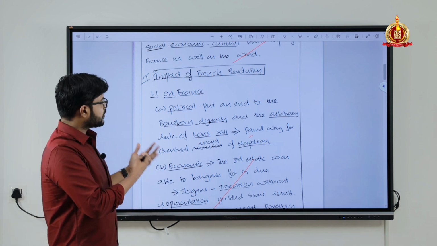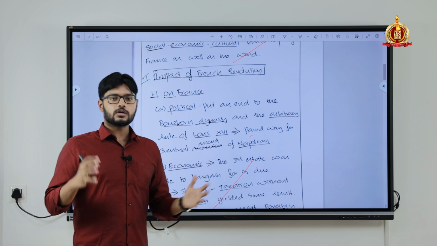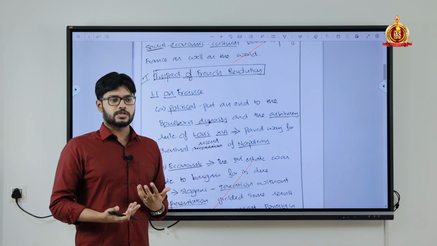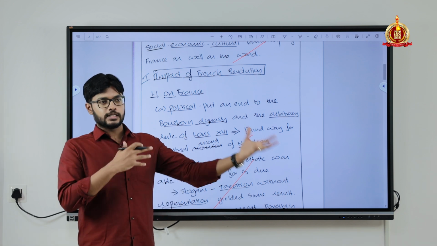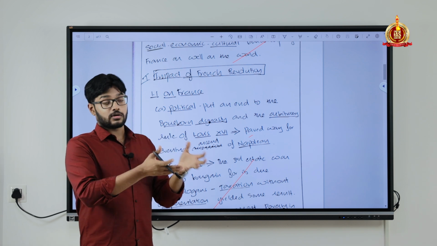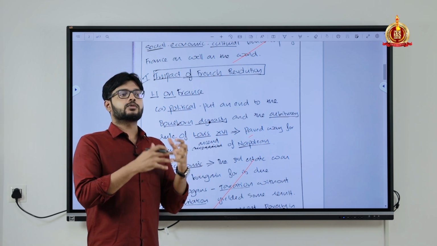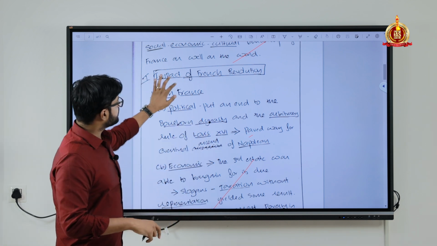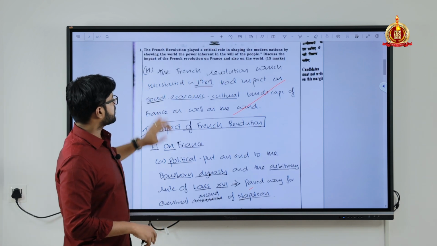See, what you would notice over here is he did not go about writing about the French Revolution. Many people make this mistake. They write about the French Revolution, clergy, and you waste a lot of time and also space on the paper trying to write about causes of French Revolution when it was not asked. He was very objective. Impact of French Revolution.